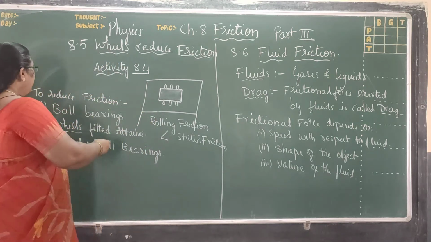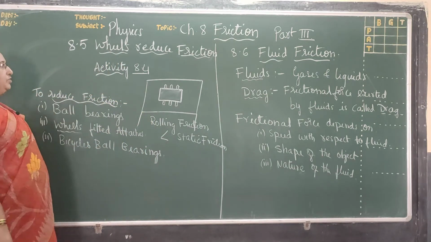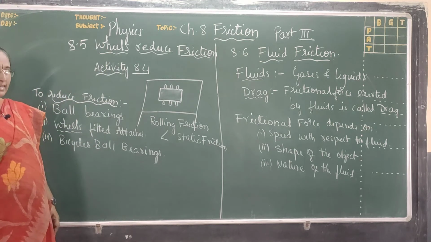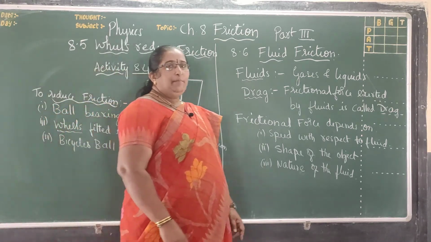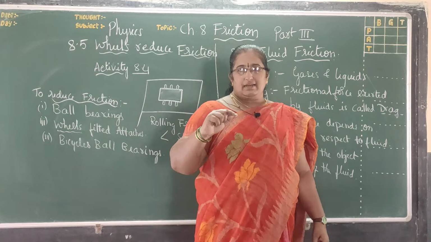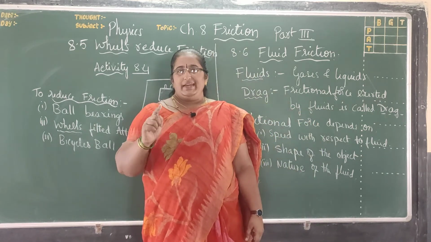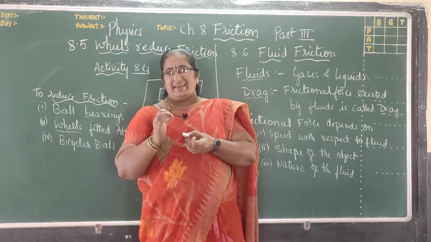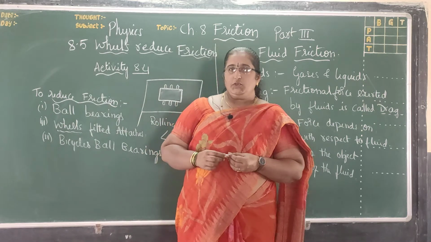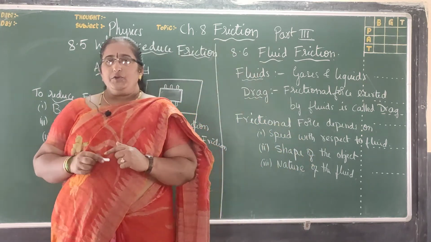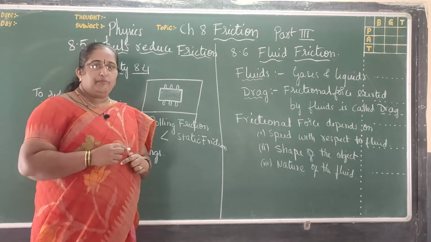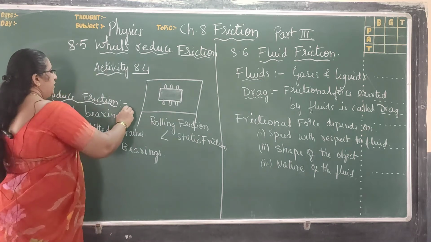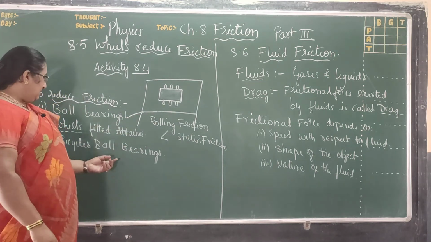Now, to reduce friction, how are wheels used? Let us discuss these examples. You might have seen the ball bearings in the wheels of a bicycle. There, for the free movement of the wheel of the bicycle, in the hinge axle portion there will be ball bearings. The ball bearings are placed so that they roll and reduce friction, and hence they help for the smooth moving of the bicycle wheel. So to reduce friction, ball bearings are used in bicycles.